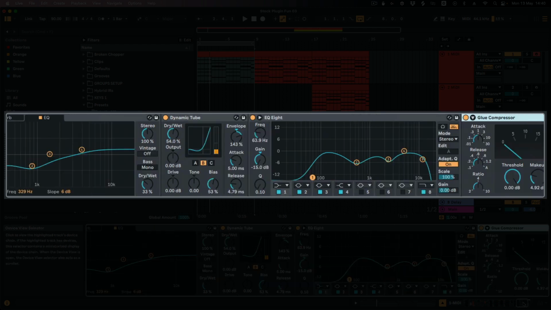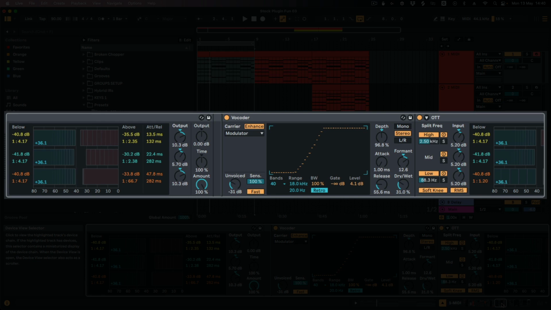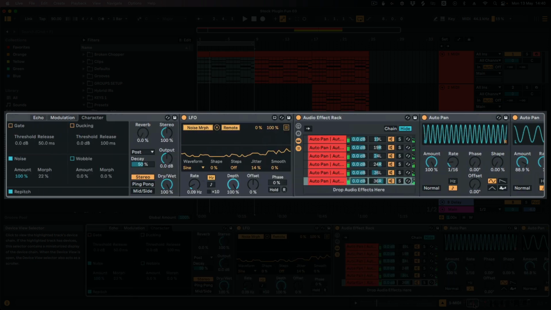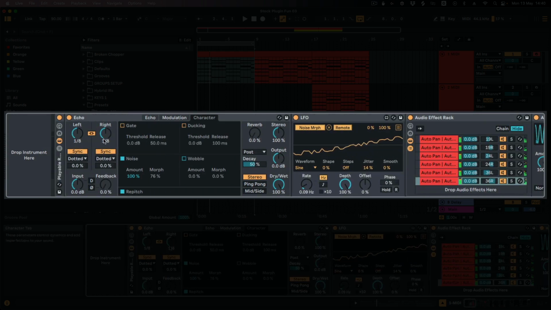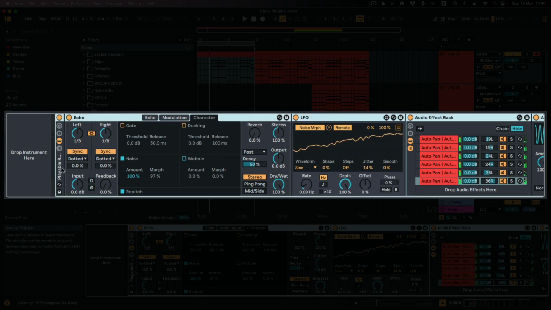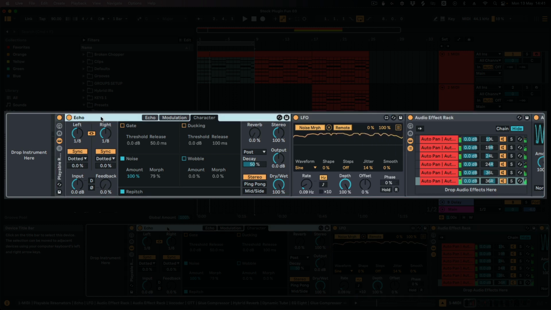That was just to bring, in a nutshell, that's the entire, in a sense, quote-unquote instrument, because realistically we don't actually have an instrument in this at all. As you can see right at the beginning of the chain, there isn't an instrument on this MIDI channel. Now you could add a Vital or a Serum or anything that comes within Ableton Live, for example, or any of the other instruments that are in Ableton Live. But if you want to have an instrument without actually having the instrument, all you need is the sound input, and in this sense echo with its noise. And that's how I